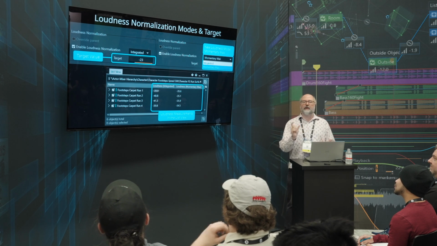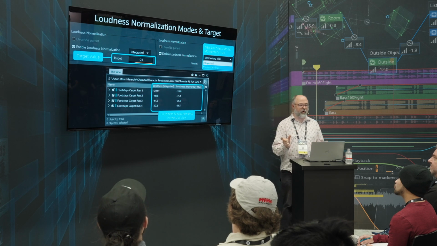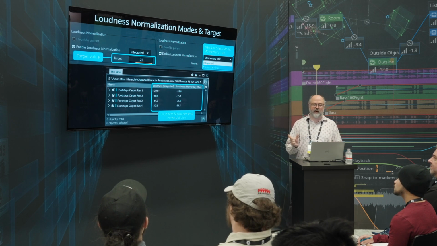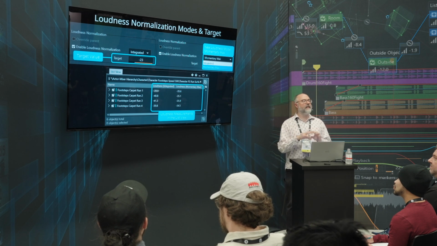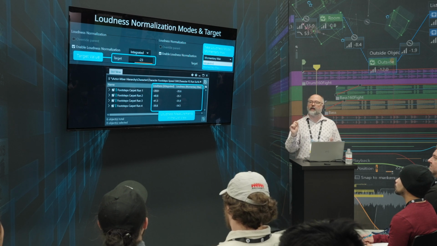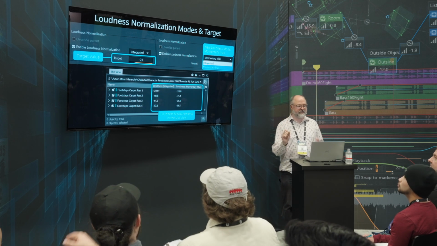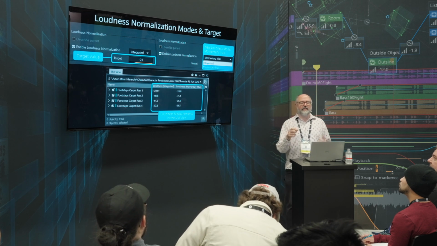So now you can choose between the integrated measurement, which is useful for long audio program material, such as music or cinematics, and then this new momentary max type, which is best suited for short individual audio elements, such as sound effects, footsteps, physics impacts. And this, again, just helps to